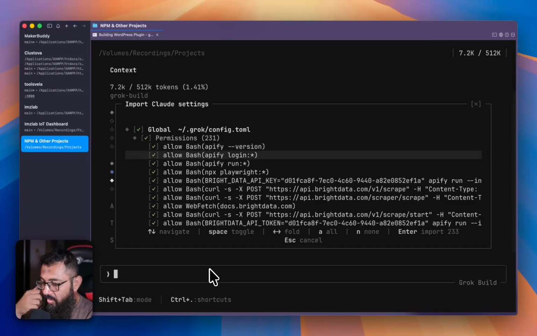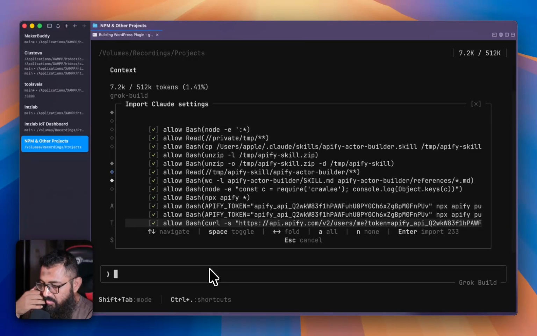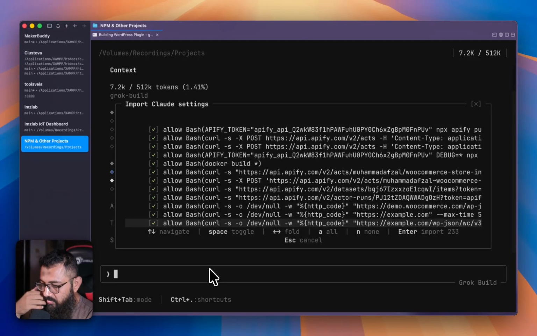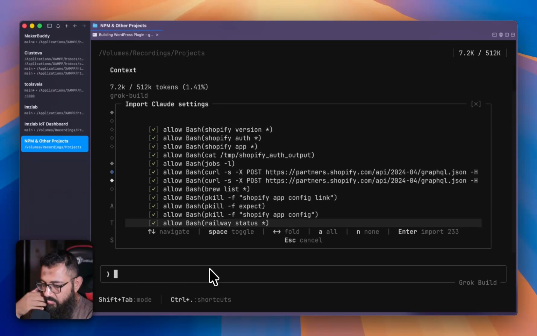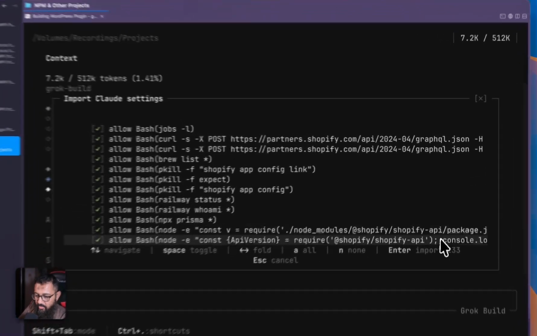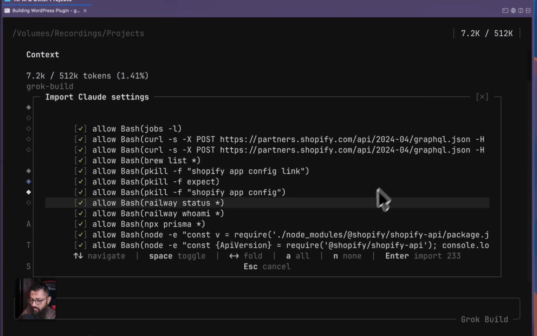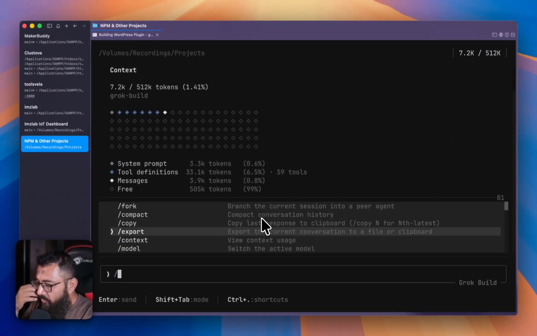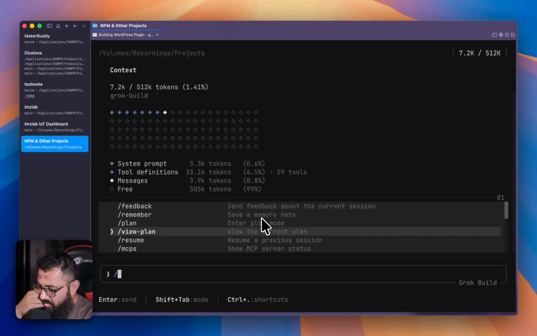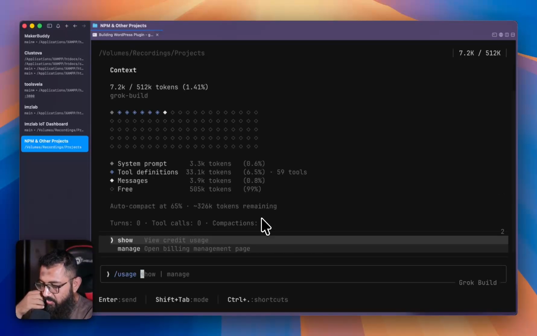From here I have options, like allow bash Shopify, all the things are there. It's importing all the things, we are good to go. If I press enter, it will import all the things there. Next, if we talk about the usage, from here you can select the usage, and you